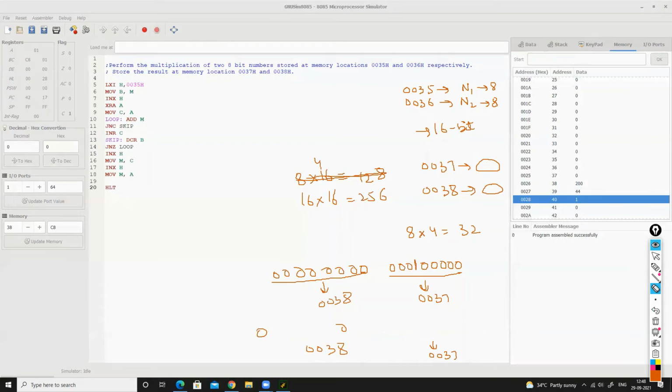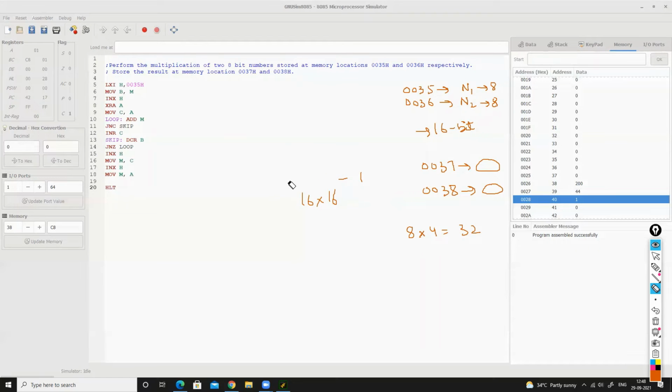So let me rub these things here. We already know that there is no multiply instruction in microprocessor 8085. So how do we perform multiplication in 8085? We perform the multiplication using repeated addition. What does that mean?